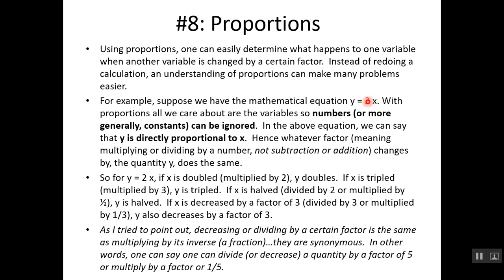That's pretty straightforward. Okay. A common thing that comes up all the time is there are 2 ways to say the same thing. So if I decrease by a factor, say 5 in this example, it's the same thing as multiplying by a fifth, right? Decreasing by 5 is the same thing as 1 over 5. So you can say, what if I take x and multiply it by a fifth, or you could say, what if I take x and divide it by a factor of 5? Right? 2 different ways to say the same thing that people often get confused about. All right,